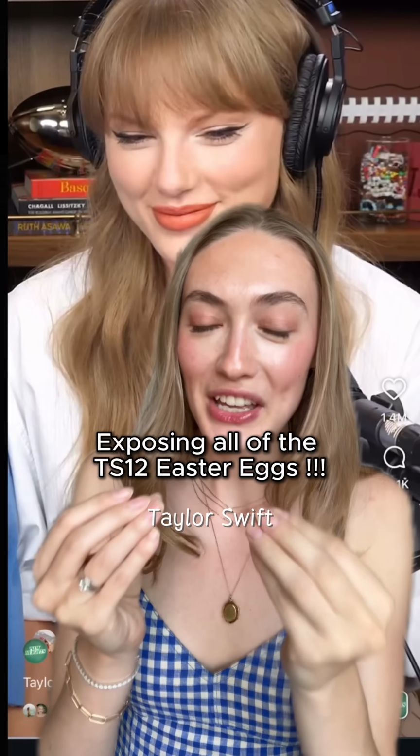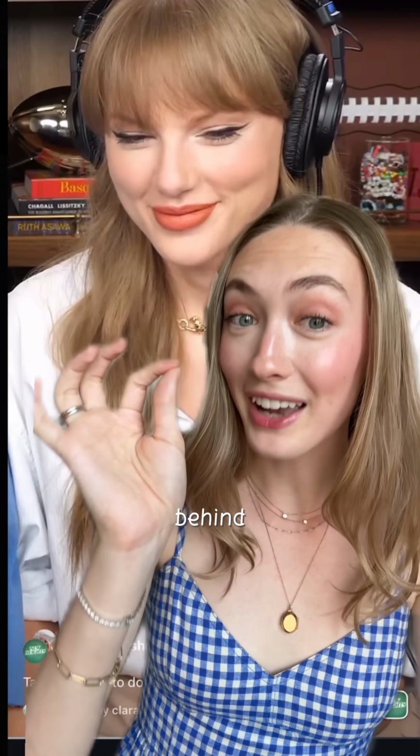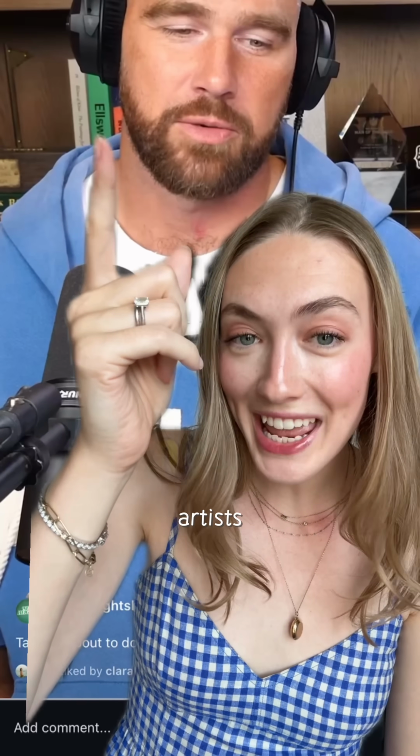Everybody keeps missing these Taylor Swift Easter eggs that are literally right in front of your face. All of the books behind her and Travis have artists' names on them, and I feel I am specifically qualified to talk about this. So I'm gonna take you through each of these artists and explain the significance between Taylor Swift's album